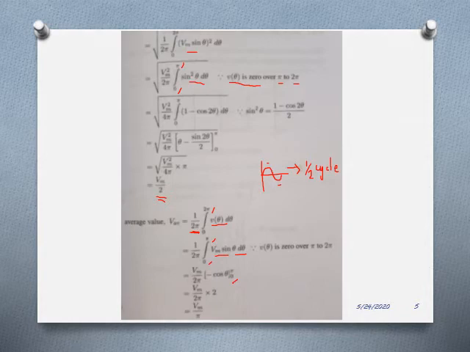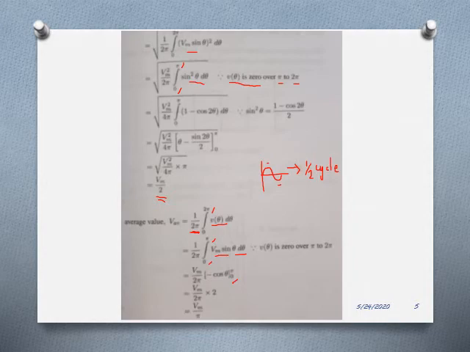Now coming to the average value calculation. I have already said that for the average value calculation, if it is a symmetrical waveform, meaning there is a full positive and negative half cycle, then we have to calculate for half cycle. But here a half wave rectified output waveform is an unsymmetrical waveform. So we have to calculate for the full time period, that is 2 pi. So the equation becomes